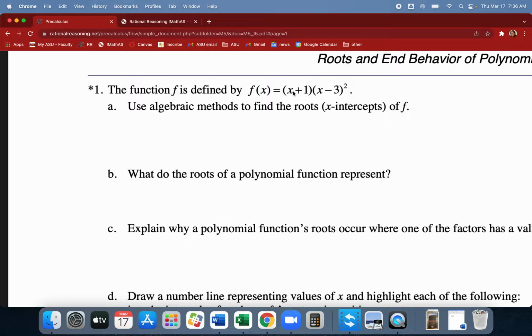And there'd be some other terms. The lowest power term comes from multiplying together the lowest power pieces of each of the 3 factors, positive 1, negative 3, and negative 3. So positive 1, negative 3, and negative 3 multiplies to positive 9. So this function is f of x equals x cubed plus some other stuff, and it ends with a plus